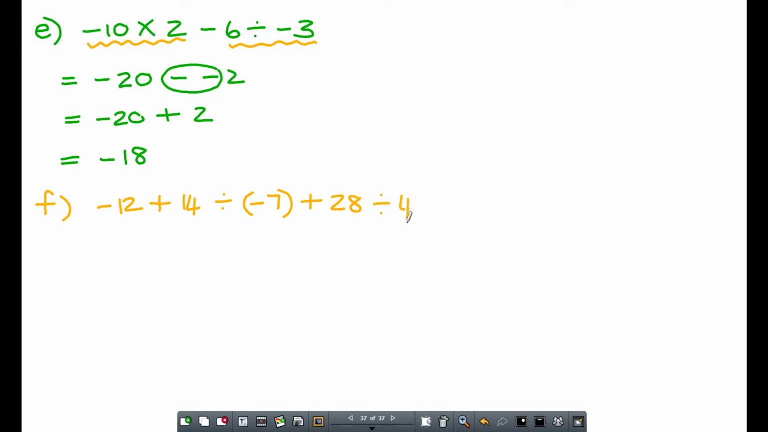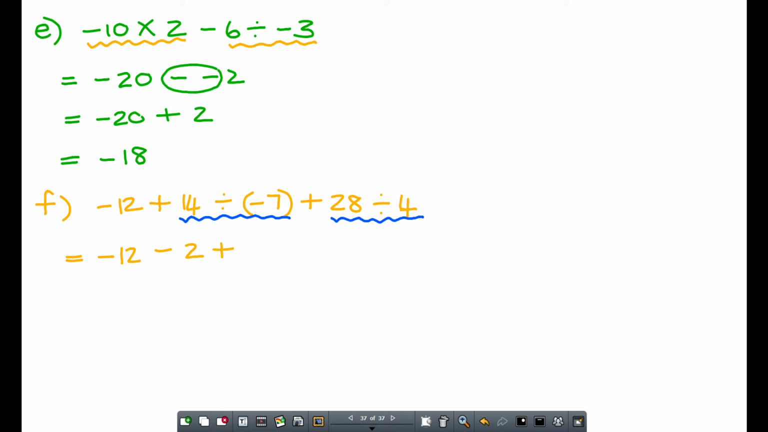Okay. So what's more important here is I have got division over there and then division over here. Right, so that first part of minus 12 stays the same. Then 14 divided by negative 7 is going to give me negative 2. 28 divided by 4 is going to give me,